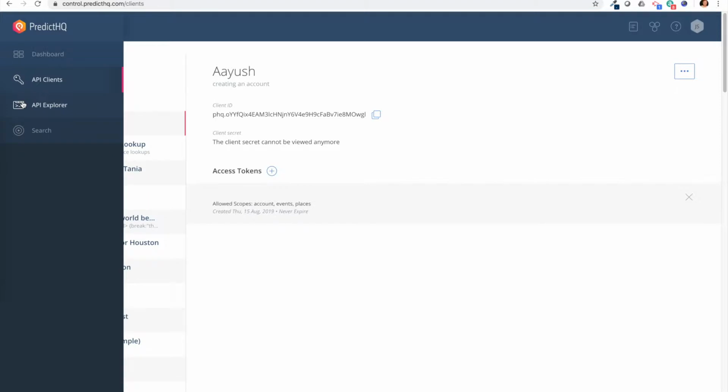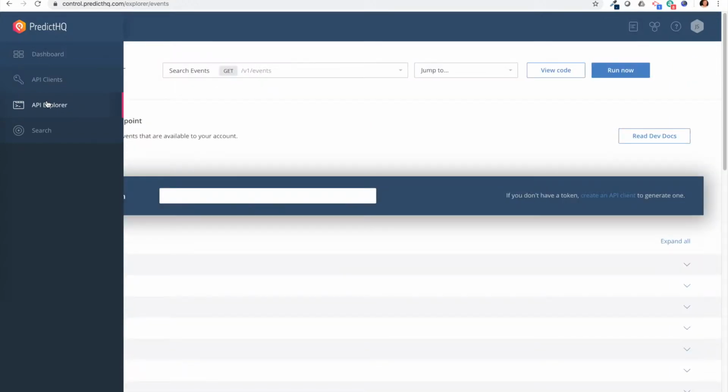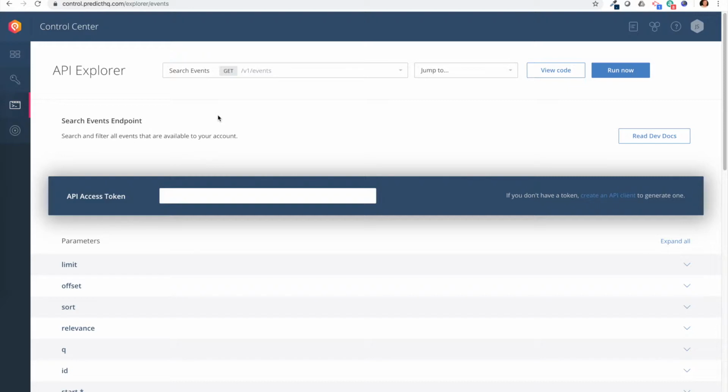Now, anyone within your org you want to be able to have access to the data can create a token and an API client to use themselves, and here you'll also be able to see all the tokens that have been made. Once you're ready to start exploring the API itself, you can actually jump into the API Explorer, where